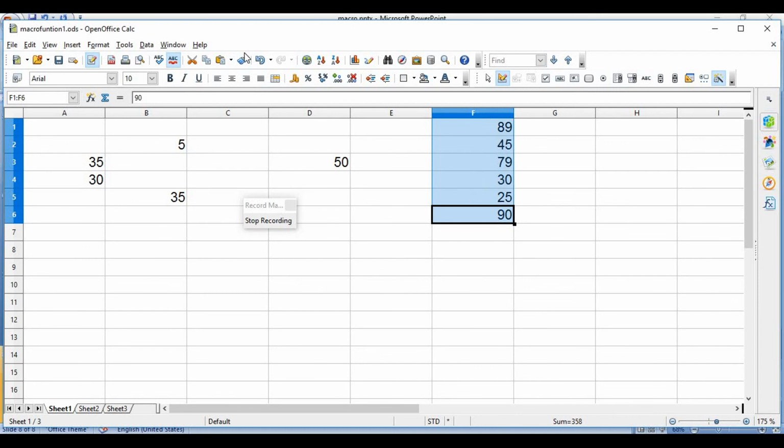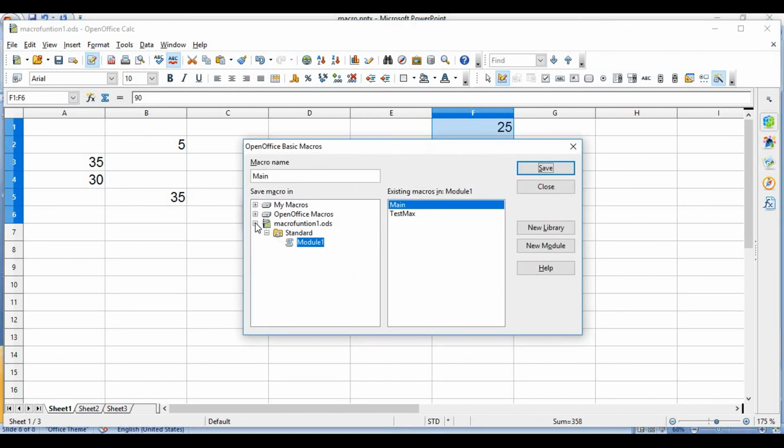Select these values, then go to the sort ascending option in the toolbar menu. Click on this. Once you click on this, you will get your data in ascending order, meaning increasing order, like 25, 30, 45, 79, 89, and the last one is 90. And then you have to click on stop recording.